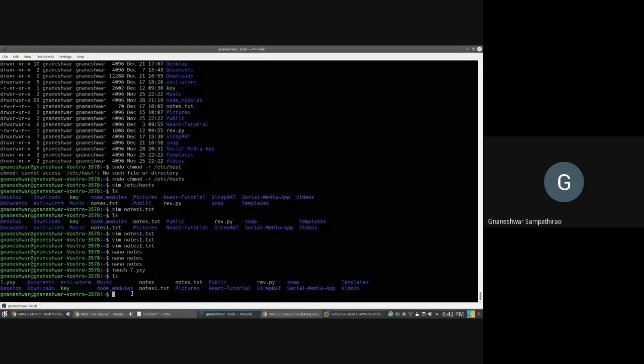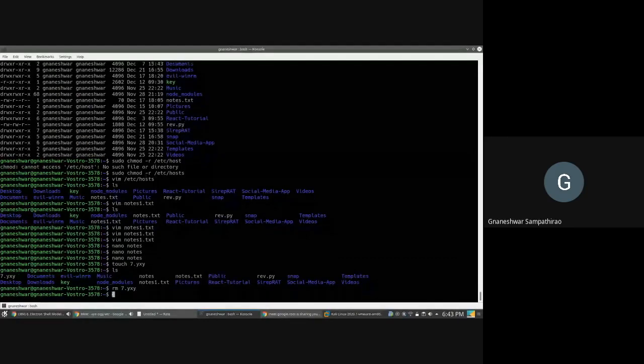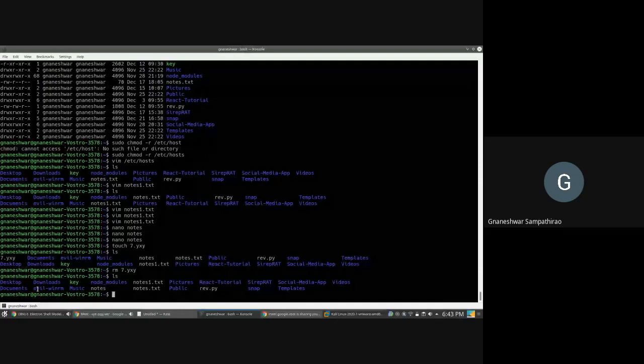And see, I have made this much mess. Suppose you want to remove all this, so you can actually do this particular stuff. There's a command called rm, remove, it means. So you can use this one and you can mention the file, so this file will be removed, so you are not able to see it.